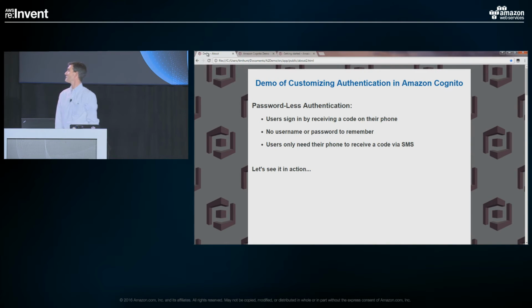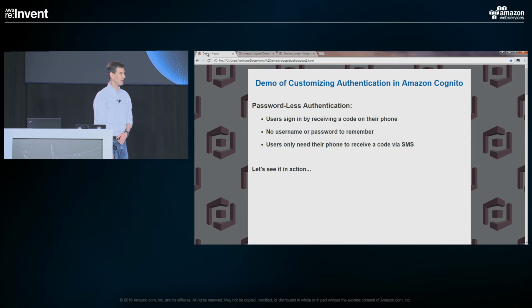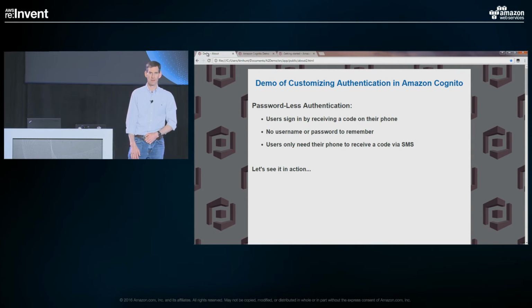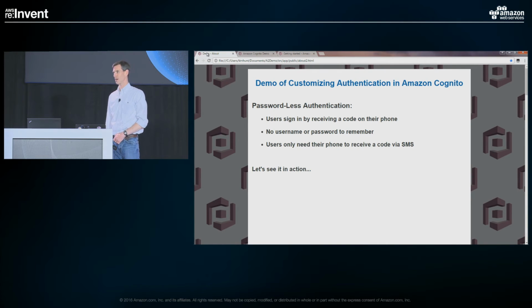OK, great. So I'm going to show you that passwordless authentication that Vikram talked about as an example. This is the kind of feature that I expect before too long we'll add as a native feature. You can just check the box and use it. But I think it's a good way to show you how you can customize a really fundamental piece of the authentication system or of the identity system. And it's not that complicated.